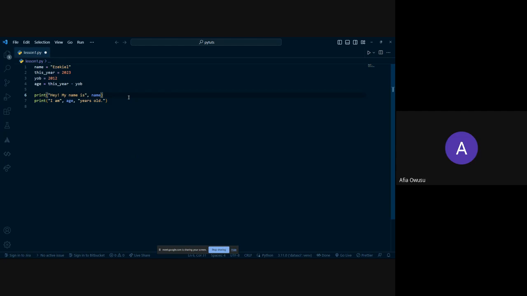So let me go over what I have. Print, then you open the bracket, yes, then the quotes, then I am, then you come out of the quotes, comma, space, age, comma, then another space, then quotes again, then years old. Yes, please. Okay. All right.